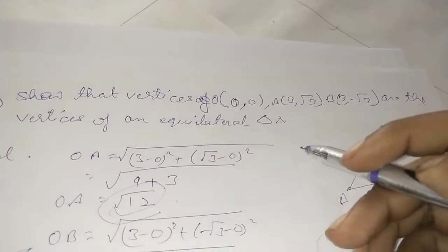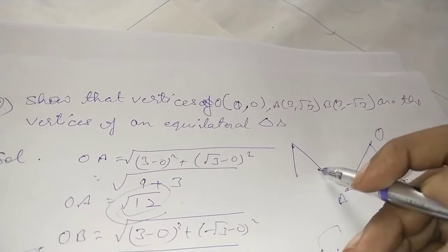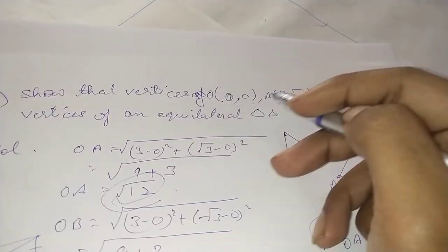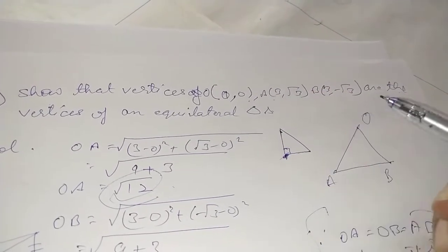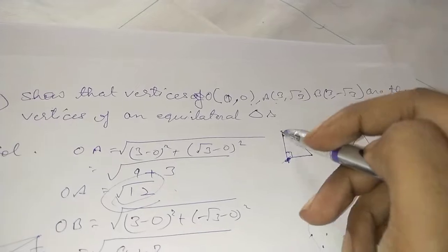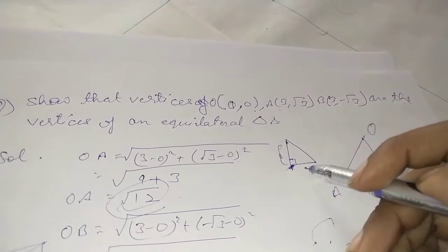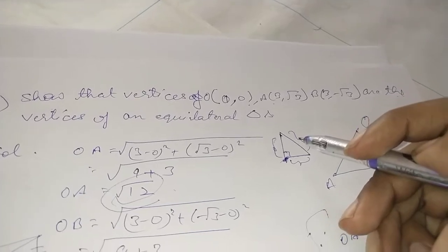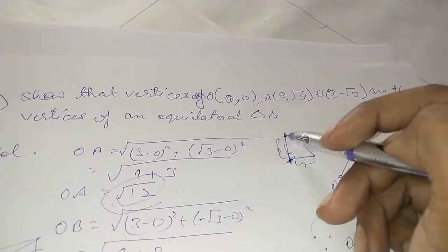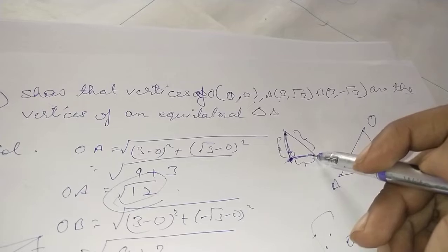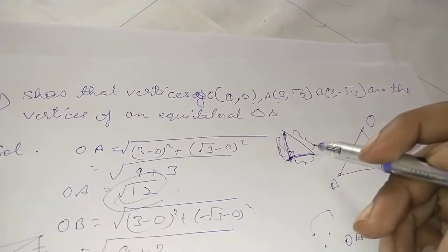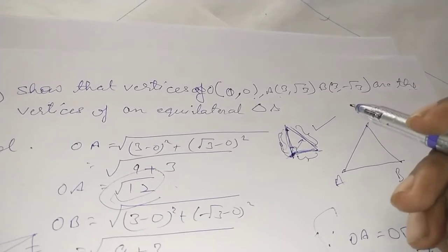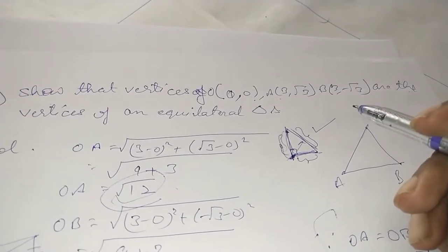What if you are being asked to calculate and show that it is a right angle triangle? Now we do not know for the three given points which point will be at the right angle. Doesn't matter, you can take up in any form, but calculate this measurement and this measurement. Now you will have to try it out using the Pythagoras theorem. That is, if this square plus this square is equal to the hypotenuse square, hence that very combination will be taken up to be a right angle triangle.